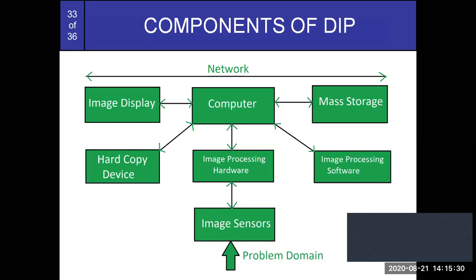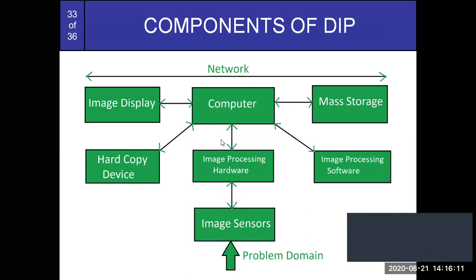That means to change the histogram, to change the intensity, to remove the noise, whatever operations will happen in this computer. So the computer is actually the main central processing unit. From this central unit, if you want to save or print the image, we are using a hard copy device. Hard copy device is nothing but to take a printout. Next, image displays. If you want to see the image you captured, the image display can show your image from your computer.